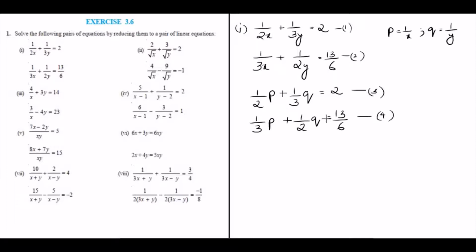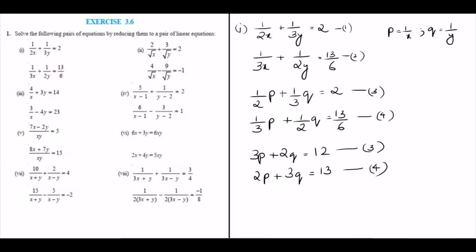So when it is a linear equation, you know the methods to find out the solution. That is, you can either use the graphical method or the algebraic methods. So first find out the LCM. So here the LCM is 6. So you will get 3p plus 2q by 6 is equal to 2. So when you cross multiply, you will get 12. And this also, the LCM is 6. So 2p plus 3q is equal to 6 into 13 by 6. So you will get it as 13.